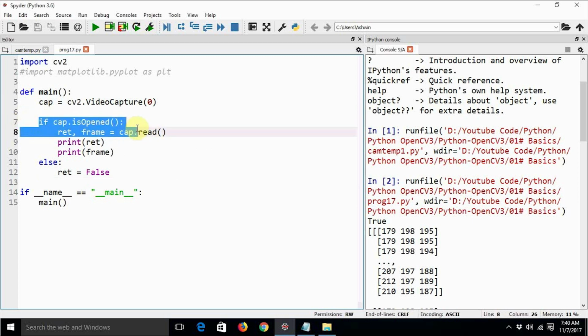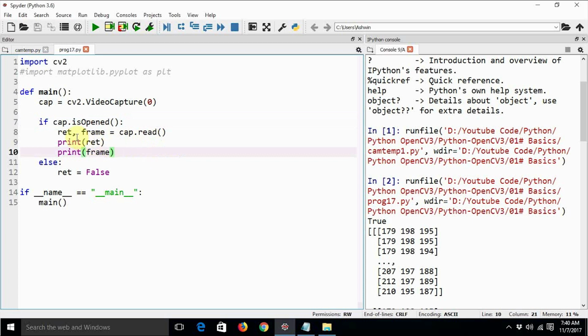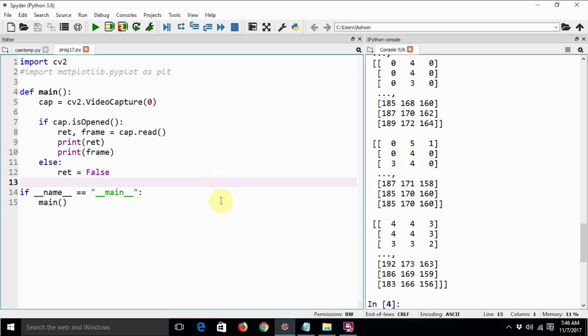The if checks if the cap is opened, and cap.read returns a set of variables, ret and frame. Whenever that operation is a success, we get True stored in ret, and we get the current frame, the still image, stored in the frame variable.